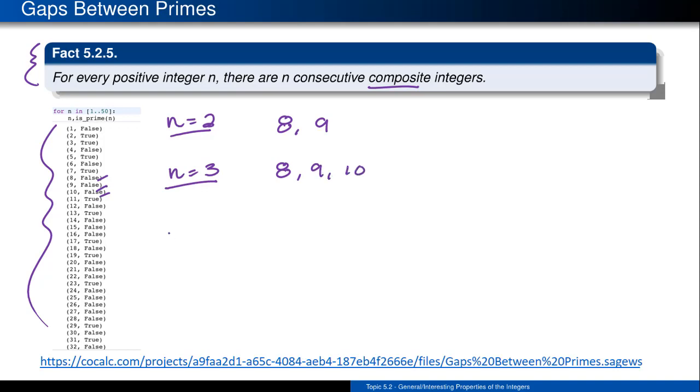What's interesting is if I ratchet this up a little bit. If I look at n being 4, I no longer can use 8, 9, and 10, because I'm going to jump up to 11, and I know that 11 is prime, so I'm maxed out there. I have 3 consecutive numbers, but I don't have 4. So I've got to go down this list a little farther. I'm looking for a group of 4 falses. You can see there are a couple of different groups of 3, but then there's a group of 4